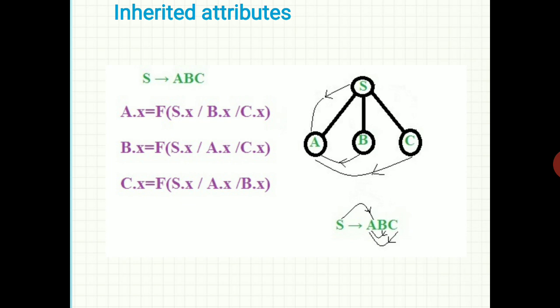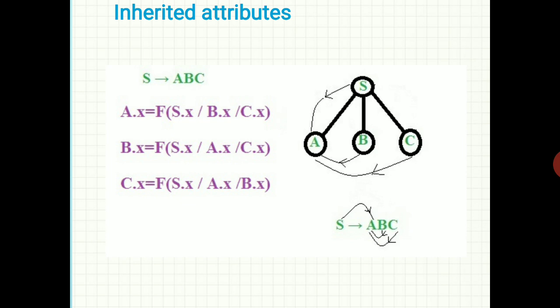Here S is the parent node, and A, B and C are the child nodes of S. Then B and C are the siblings of A. If the attribute value of A, that is A.X, is calculated as a function of its parent, that is S, or its siblings, that is B or C, then we can say that the attribute value of node A is an inherited attribute.